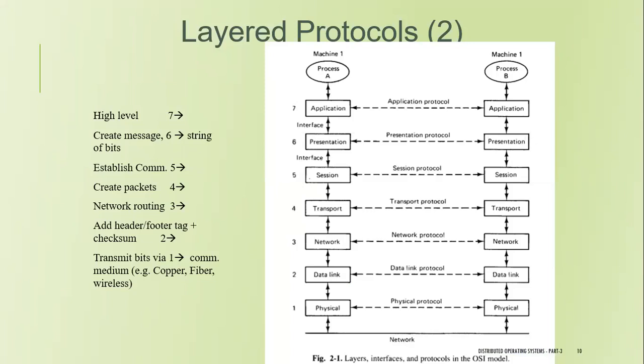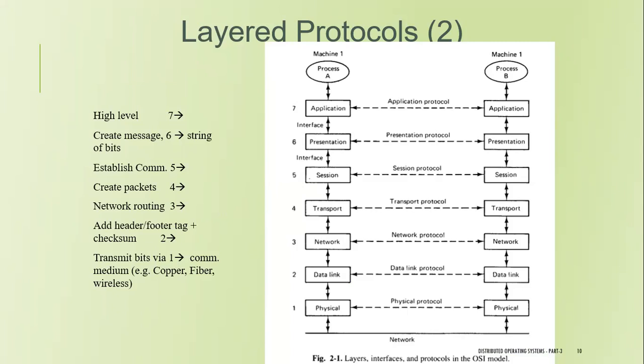The diagram shown on the screen defines the layers, interfaces, and protocols in the OSI reference model. In the OSI reference model, communication is divided up into 7 layers, or 7 levels. Each layer deals with one specific aspect of communication. In this way, the problem can be divided up into manageable pieces, each of which can be solved independent of